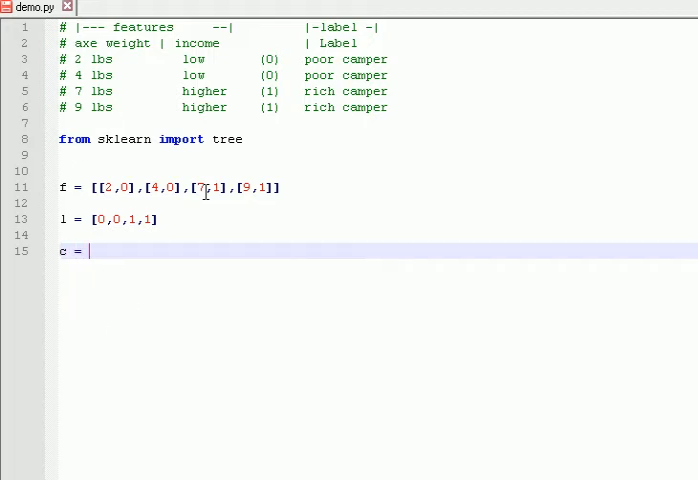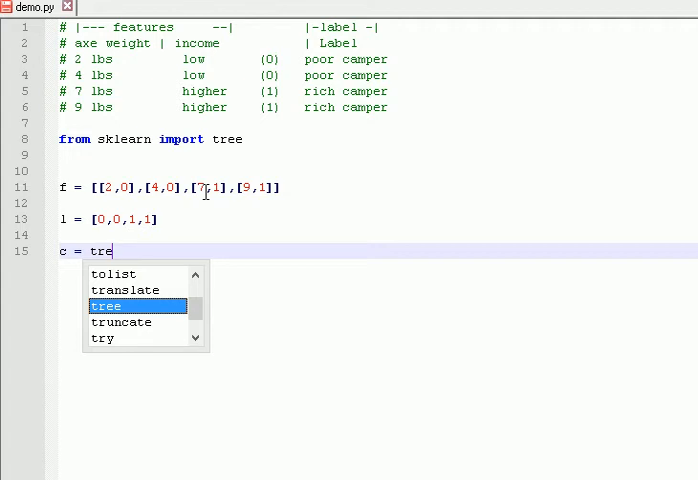So now all we have to do is instantiate a classifier. A classifier is essentially something that will be trained in order to make a prediction. So we'll define a variable called c, and we'll use our tree to instantiate a method or object called